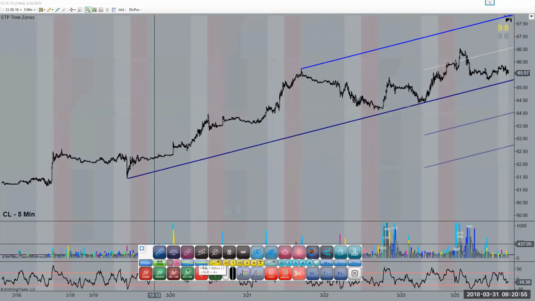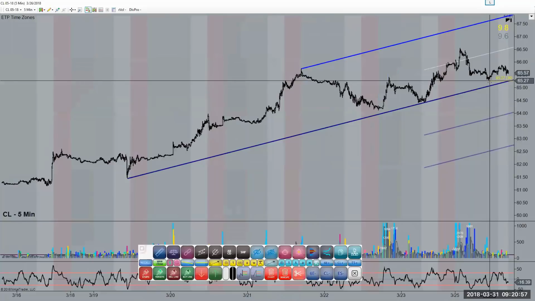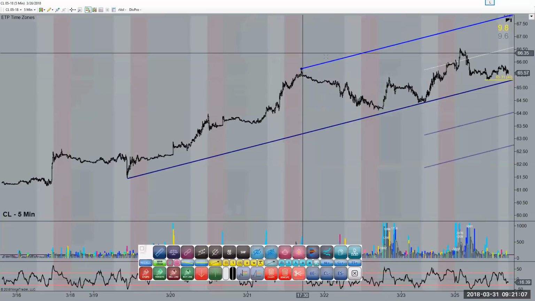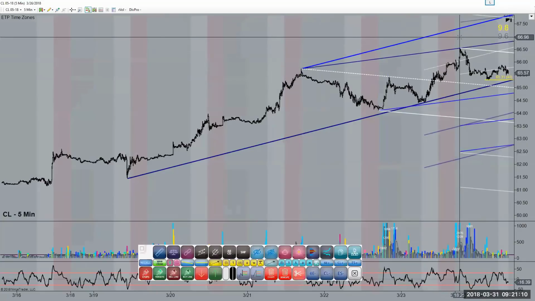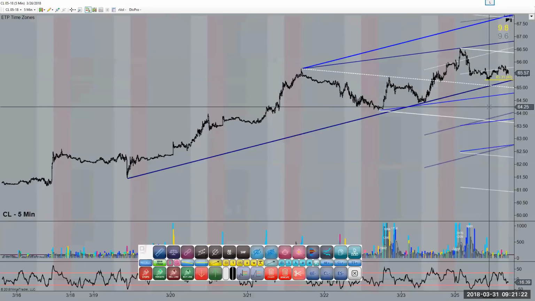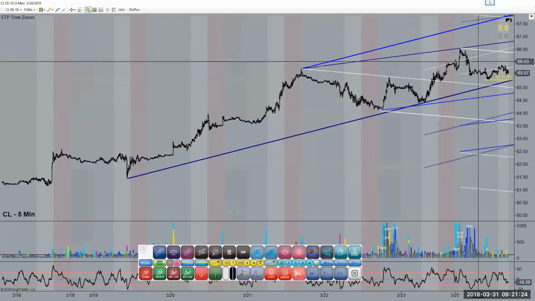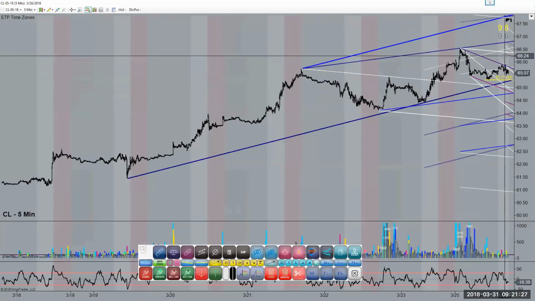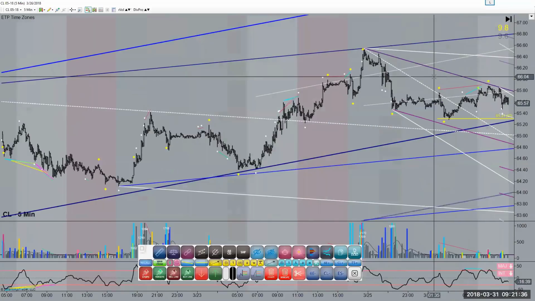So that's the next area of support on the 5-minute. And that would maybe coincide with a slight break of this low. We'll see. And then I would connect high to high here. And then similarly to the tick chart, that's coming in at about 65, I don't know, 65.02, 65.05, something like that. And then I would draw from high to high,